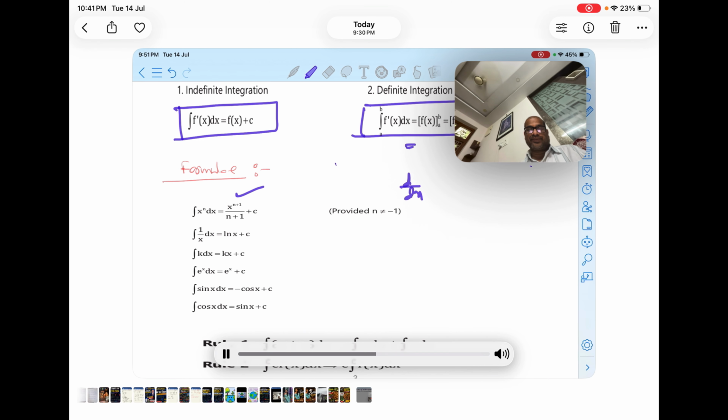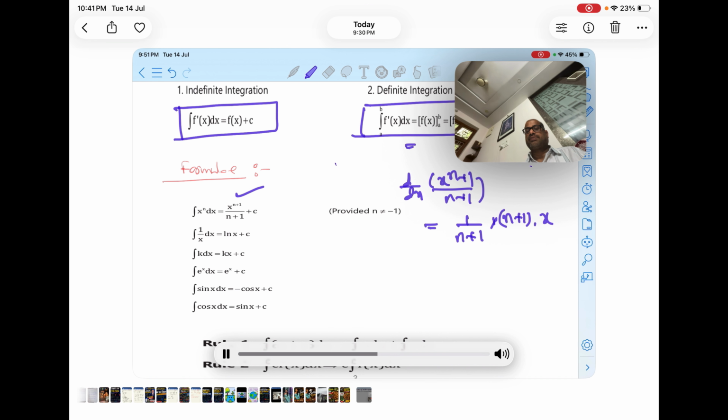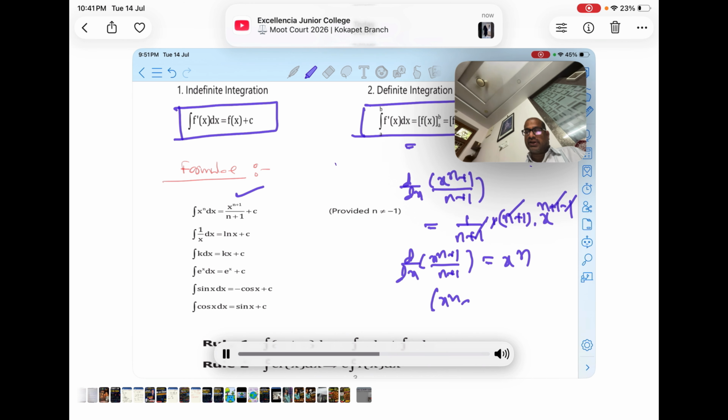d by dx of x power n plus 1 by n plus 1, डिफरेंशिएट करो इसको, क्या आ जाएगा आपको, 1 by n plus 1, d of x power n का फॉर्मूला क्या है, n इंटू x power n minus 1, ये हो जाएगा। आंसर क्या आ गया आपको, x power n आया। सो अगर मैंने d by dx of x power n plus 1 by n plus 1 को डिफरेंशिएट किए तो मुझे x power n आ गया। अगर मैंने x power n को इंटीग्रेट किया, क्या आना चाहिए मुझे, x power n plus 1 by n plus 1 आना चाहिए, वही तो हो गया, ये तो है फर्स्ट फॉर्मूला।